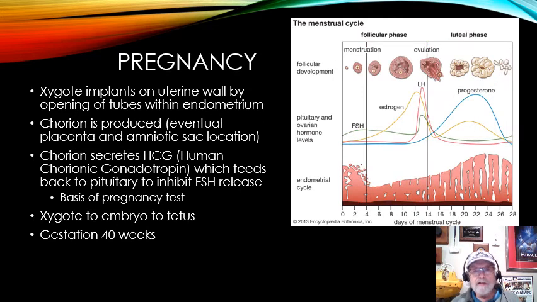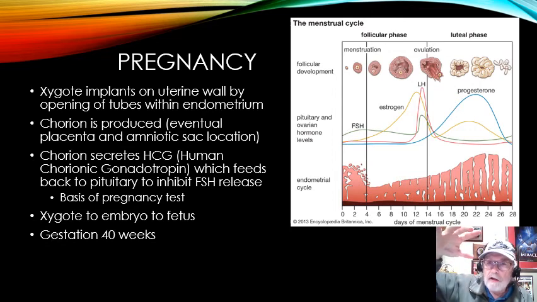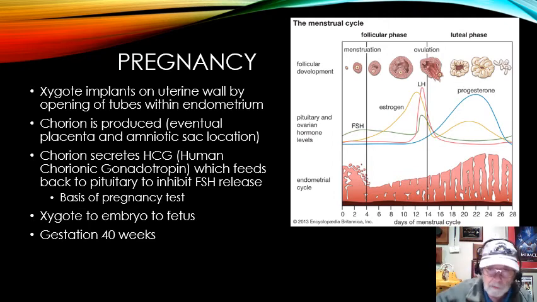Okay, and this is again with pregnancy. And in pregnancy, what we have is the zygote implants on the uterine wall. If the zygote implants at the bottom, right by the endocervical canal, they call it, and the placenta develops, it actually blocks the way for the fetus to eventually come down at the end of pregnancy, and that's called a placenta previa. Okay, and it's a little bit of a problem. It's not. They'll know that's there, and they could work around it.